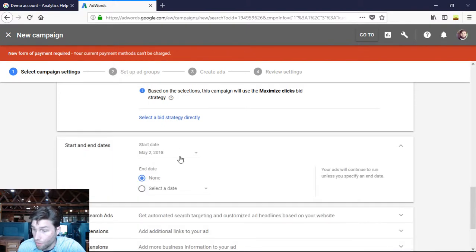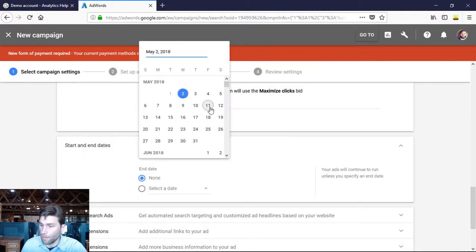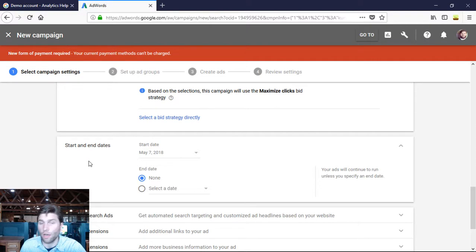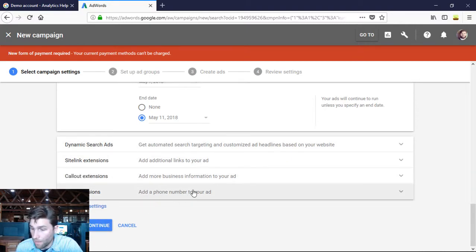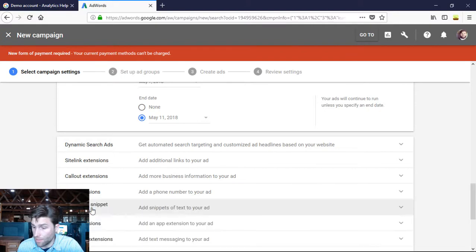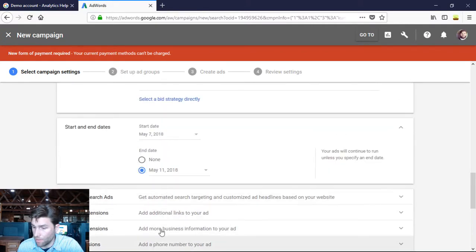And we can set the date. So if you don't want to start it right away, you can set a date for any time in the future. Let's say you want to start it next week, because we're just planning this week, and we're going to start the campaign next week. And we only want to go for 1 week, so right there. And then here's a bunch of other stuff you can add. You can even add your phone number and stuff like that. And as you can see, it gets even more complicated down here.